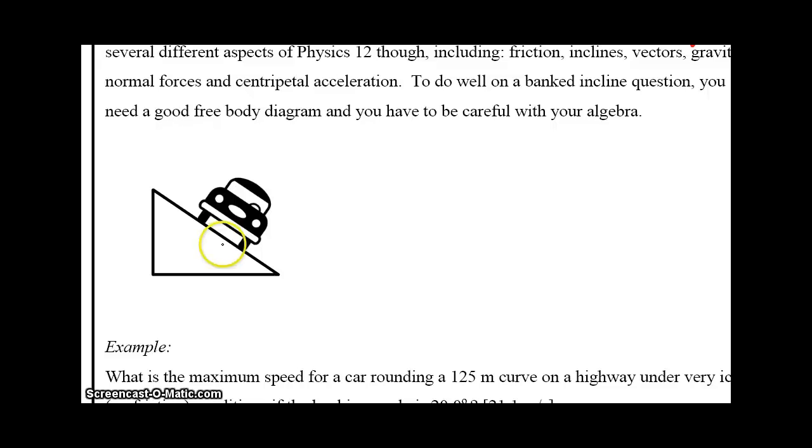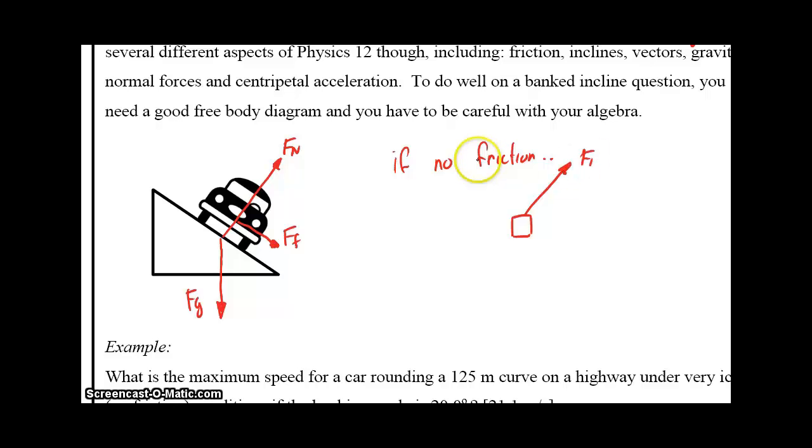if you look at the free body diagram of this car, it has gravity pointing down, normal force acting upwards, and there could also be some friction in here as well. It gets pretty complicated when we start looking at friction. So if no friction, we have a free body diagram that looks like this. Fn,